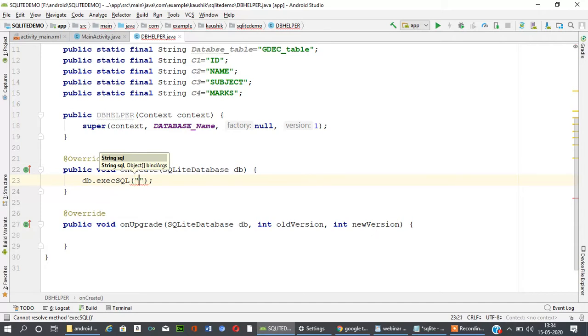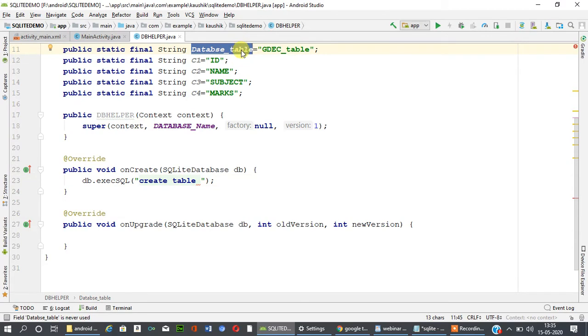The query is in the form of a string, so I put it in inverted commas. Create table and the table name. Here the table name is gdeck underscore table.